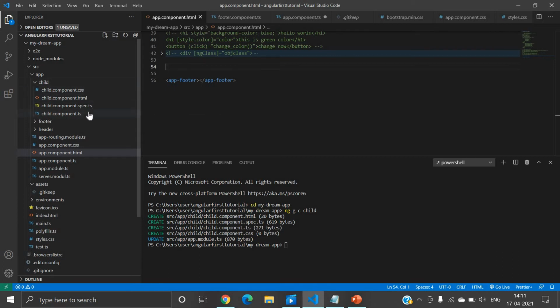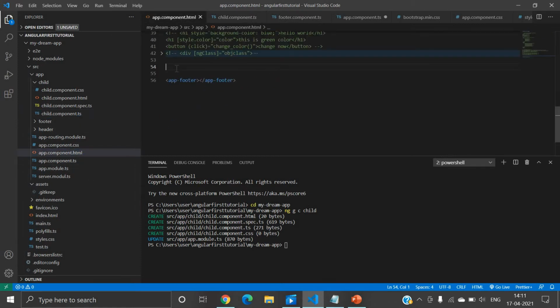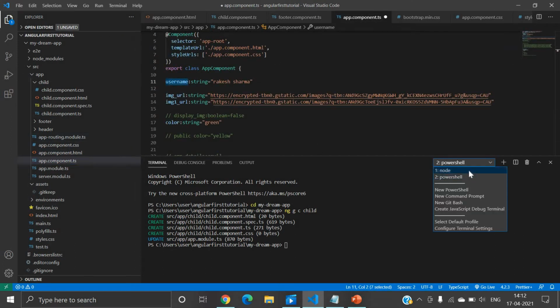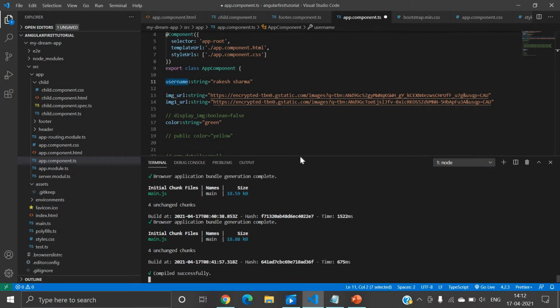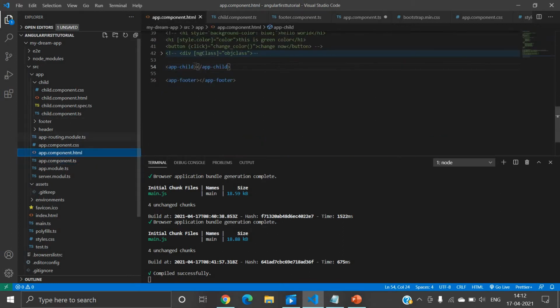So first of all let's go inside child.component.ts. Now here you can see this is the selector. We will use it inside the parent class, right? I will paste this custom tag. I have created one property, and this property I will use inside app.component.html, inside this custom tag of the child component.